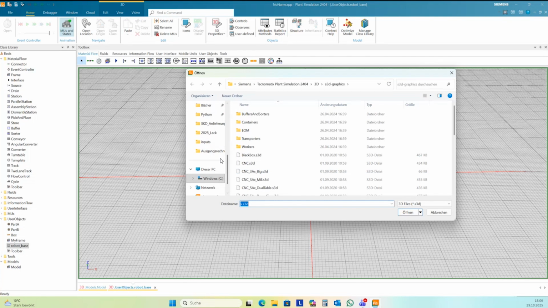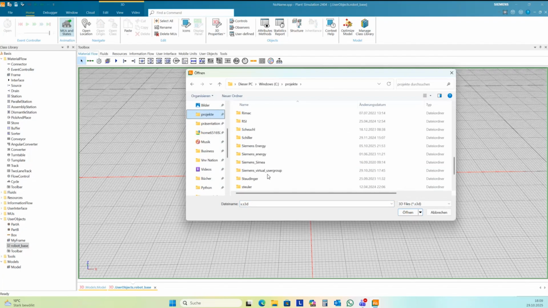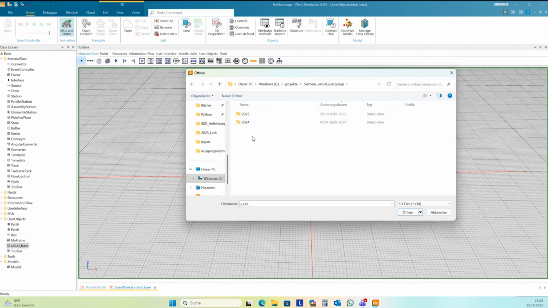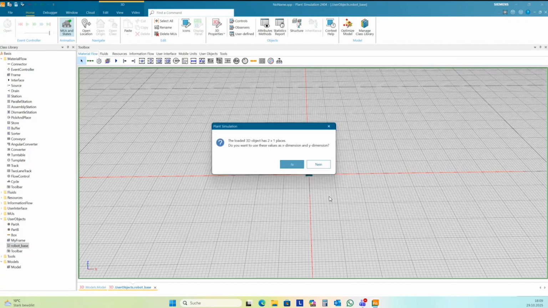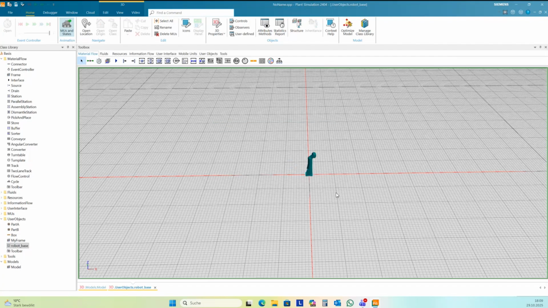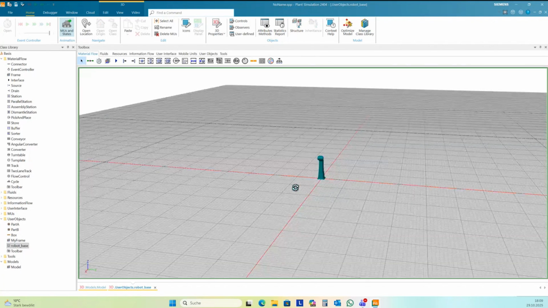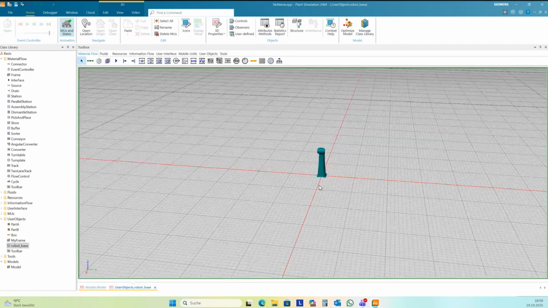Then you need to find the files. The first one is robot base. Okay, and that's it. This is the base of the robot.